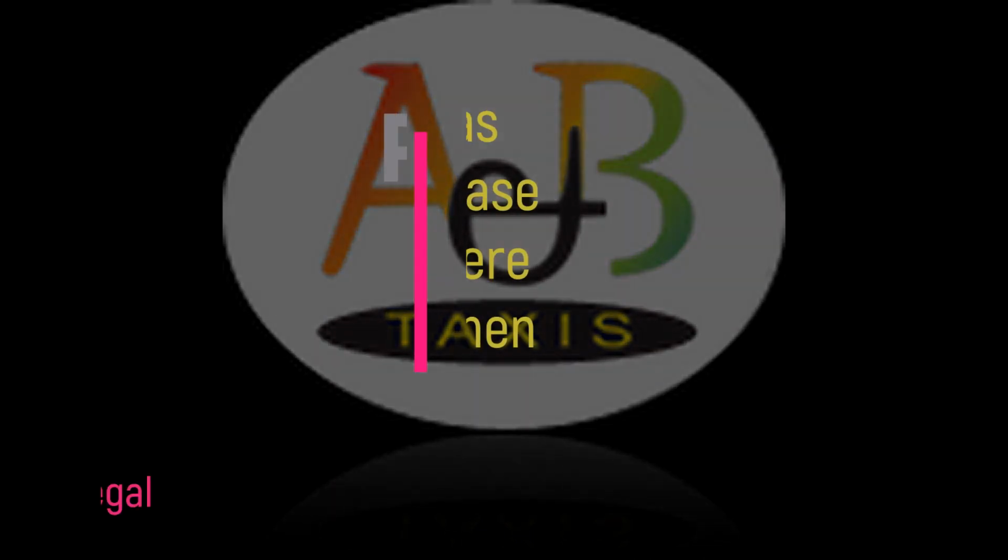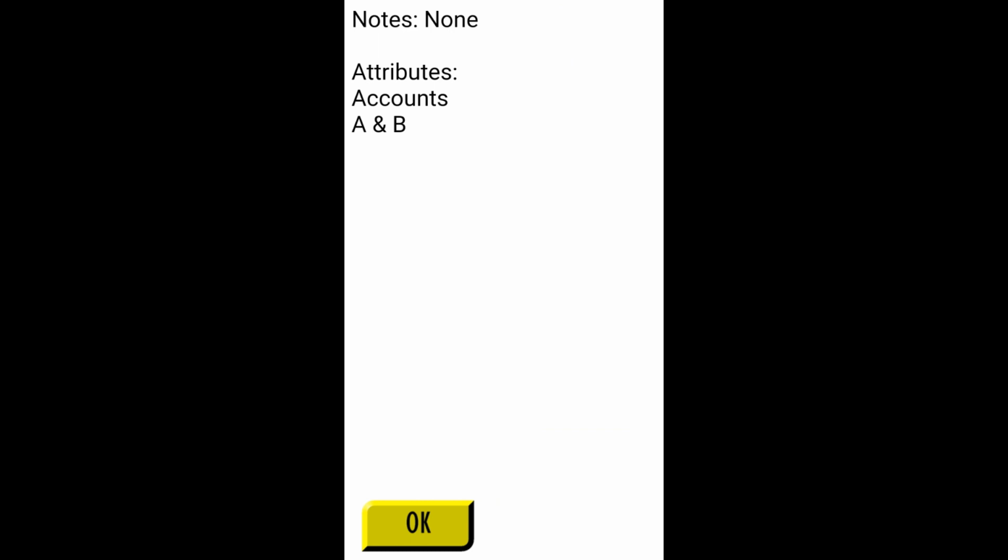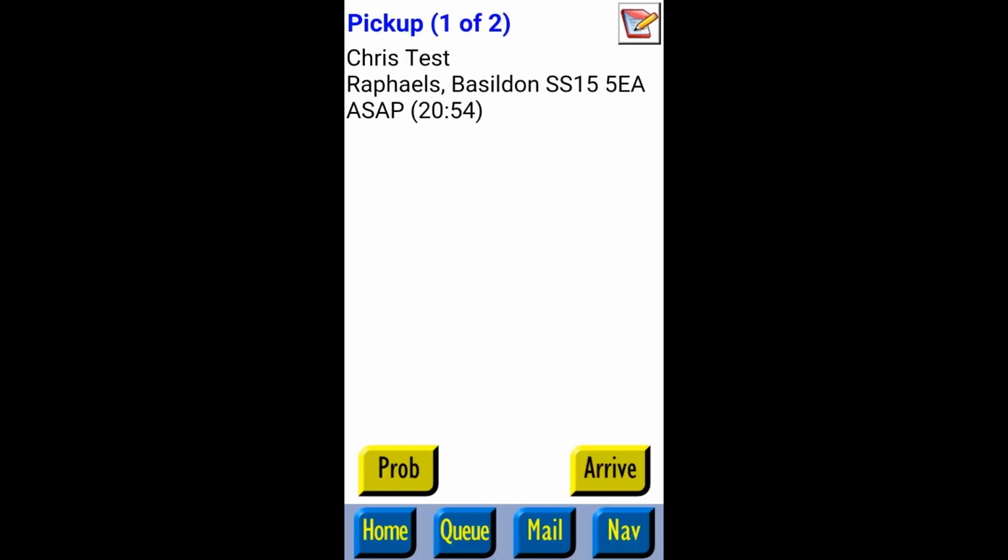Okay, so a relatively long demonstration of the best way to plot. Plotting is very important, not only so that you can take the passengers to the correct address, but also so that the computer system knows where you're going, so it can hold follow-on jobs for you if there are any available. So we collect our passengers, we arrive,